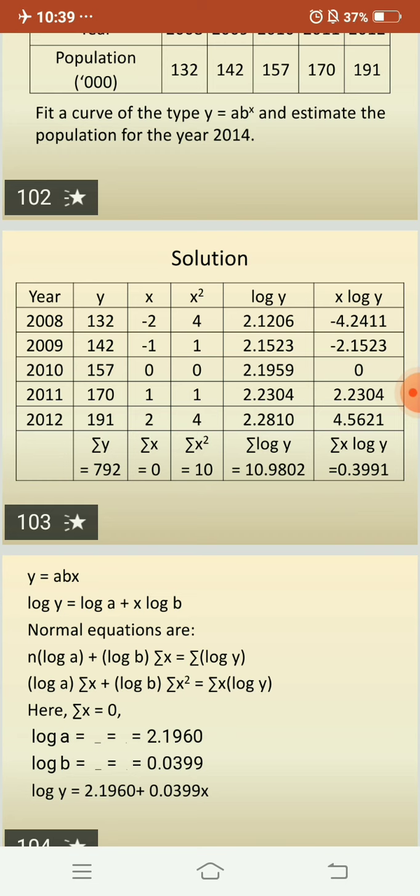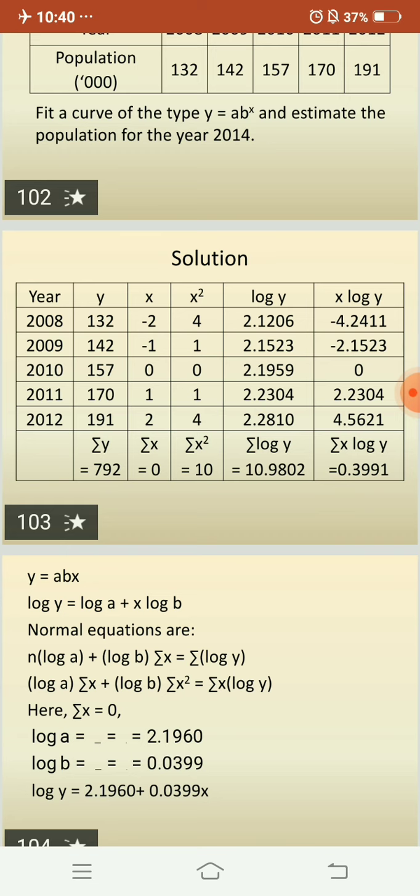Okay, if you are not getting how to calculate the log values, please clarify your doubts. It's very important in your annual exams. After calculating the log y values, you need to multiply them with the x values. Here you get the summation of x into log y values.